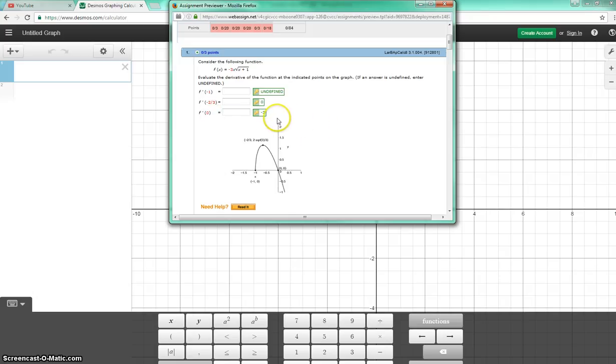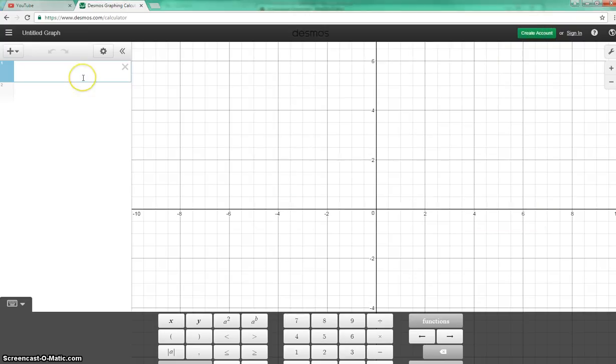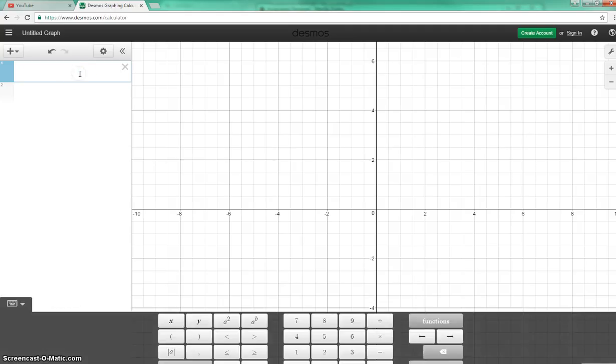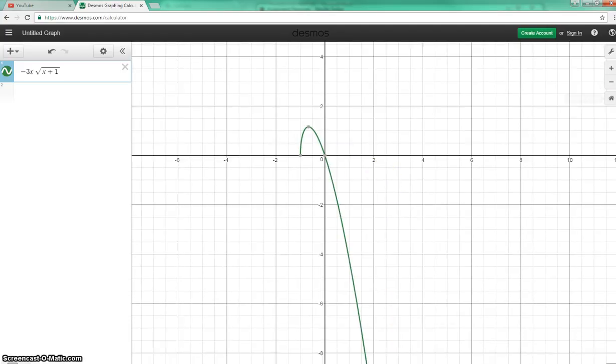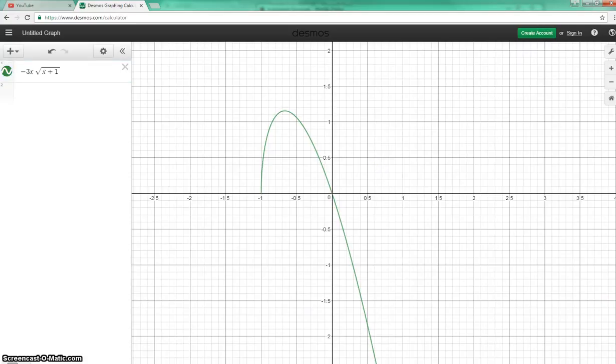So looking at this, here's this function, and if we were deriving it, we would be doing the product rule. I'll make a supplement with doing that. But just graphically, if I get this equation in here, let's try that again. It's x plus 1. And so we get this exact same picture that they had. We could zoom in on it a little bit. And so we get that picture,